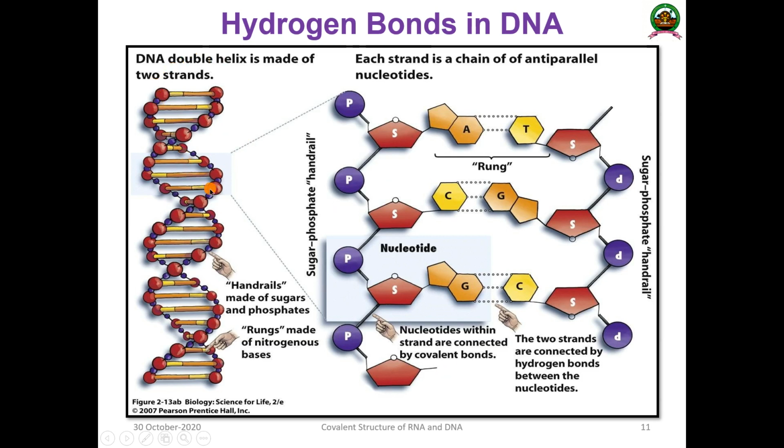So this is what you can see. The DNA double helix is made up of 2 strands, as I said. Here you can see this is a sugar and this is a phosphate. This stick-like thing in the DNA double helix is the bond. That is what I told you, so many hydrogen bonds, between these nitrogenous bases. The rails are made of sugars and phosphates, and the rungs are made up of nitrogenous bases.